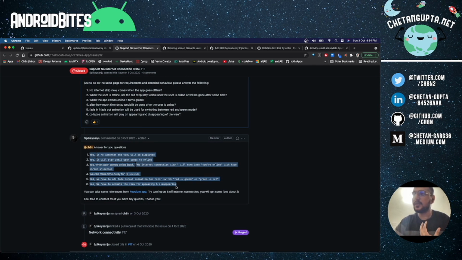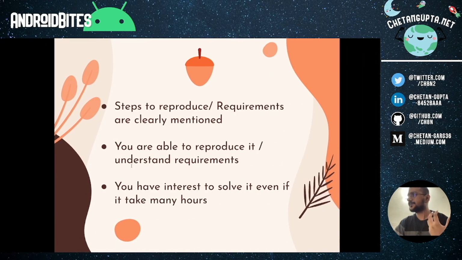If I would have gone and implemented everything line by line, it would have taken some kind of effort from my end. But since he had given me a reference, I could copy paste the code from it. I copy pasted it and I modified it according to the architecture which the application was following, right? So I will come to this point later as well, how you should be putting the code down there.